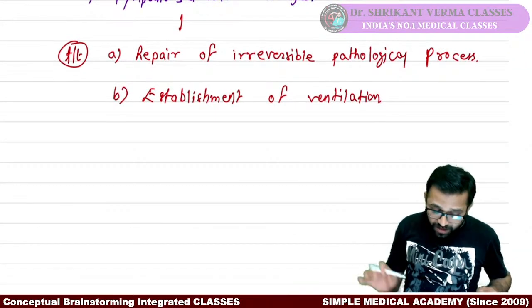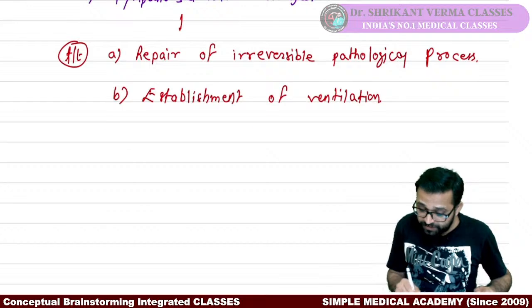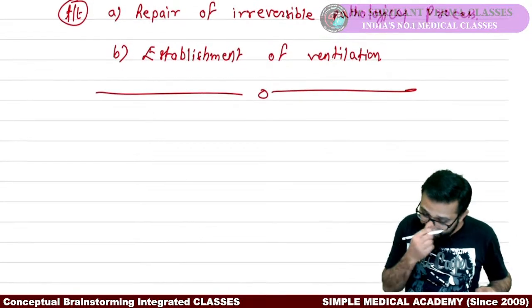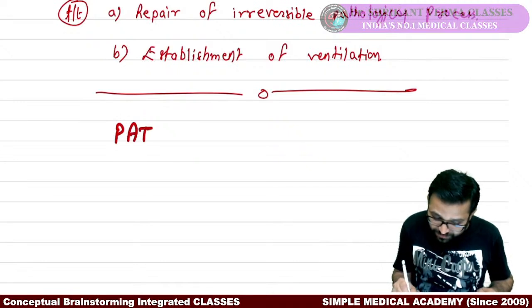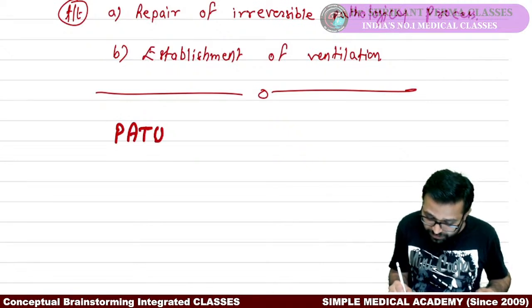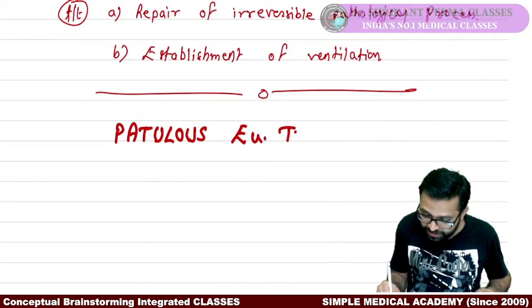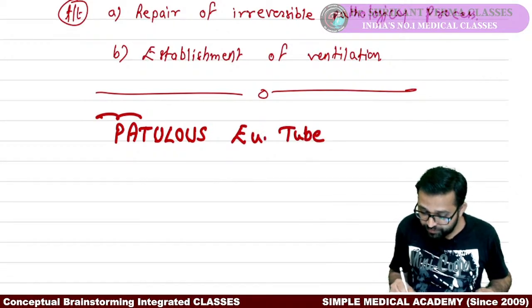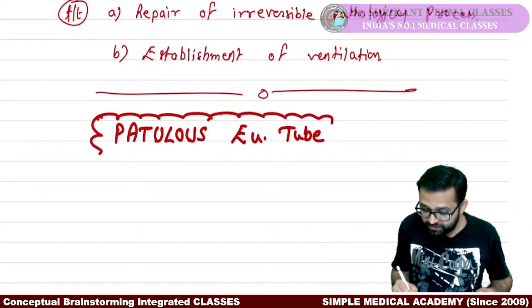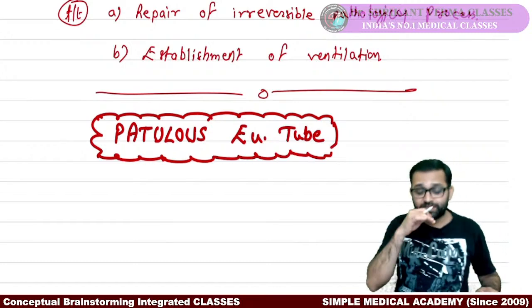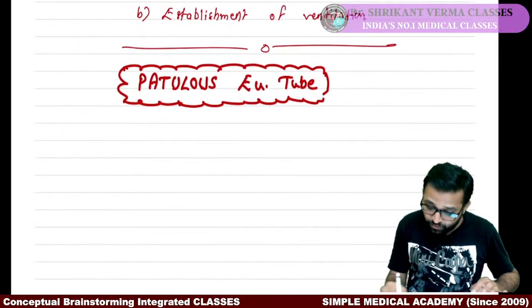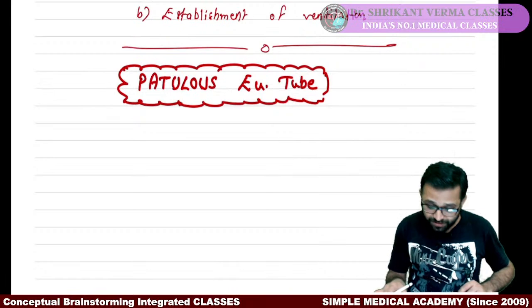Now we are going to look at the last situation, that is patulous Eustachian tube. Patulous means विस्तृत, बड़ा, फैला हुआ. If the Eustachian tube is more and more in size, then what will you do? So make the notes, see here,